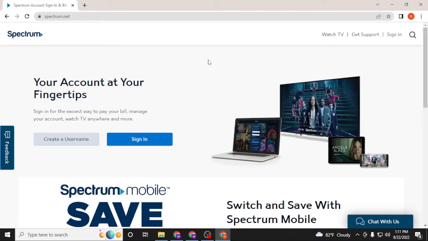Now to log into your Charter account or your email account or your Spectrum account, you can see the sign in button available at the top right corner of your screen, or over here just beside the creator username. Click on sign in,